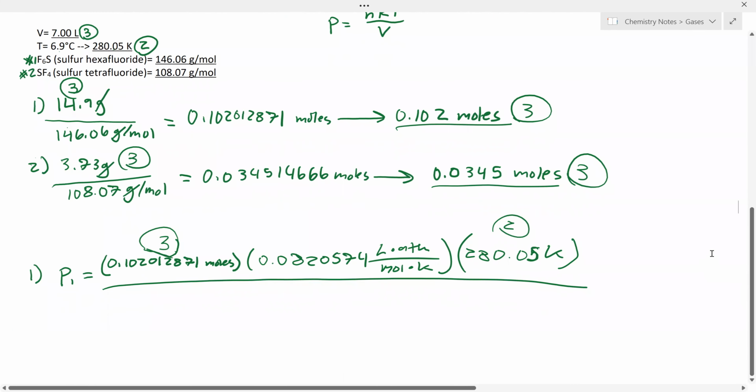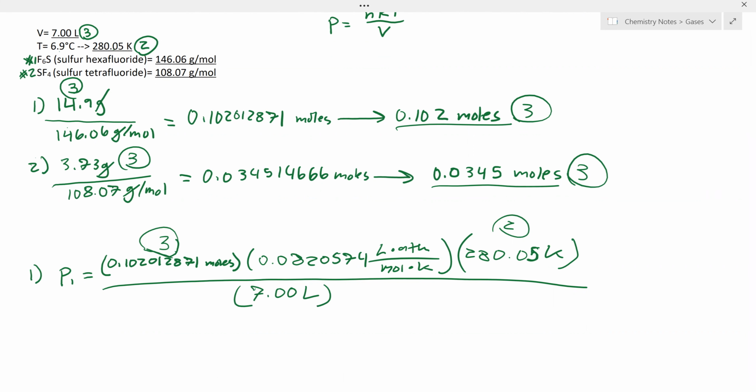There we go. Okay. And then on the bottom, we have volume. So in this case, we have the whole volume of the tank, which is 7.00 liters. I'm also going to say this here. If you have a problem where the volume changes, like for example, a